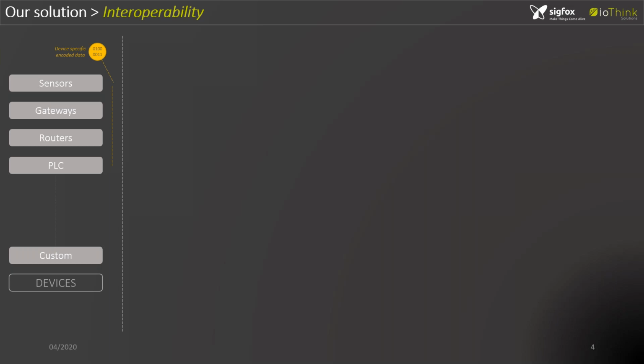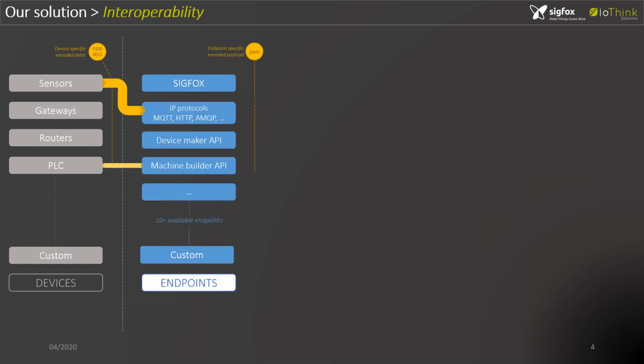Interoperability. Let's have a focus on this point. Very, very important. So you could have, for example, to connect on the platform some sensors, gateways, routers. It could be PLC, or maybe custom devices. When you would like to connect this kind of device on Karen IoT Suite, the first step is to select